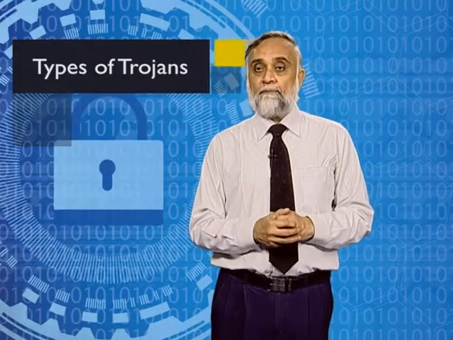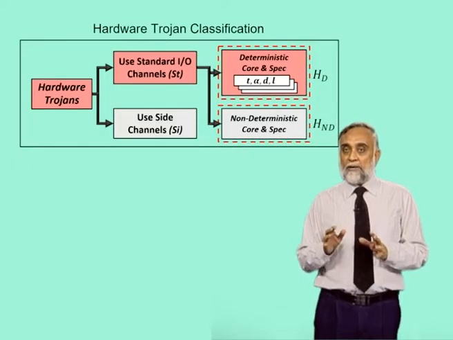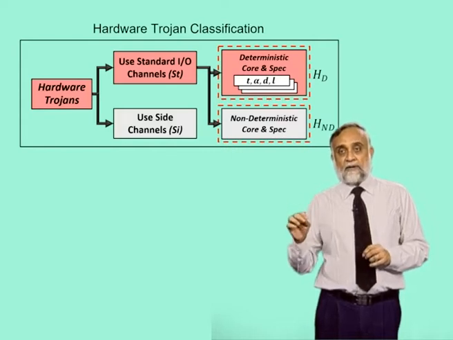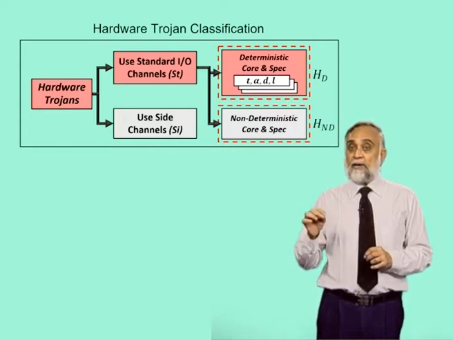Trojans. Trojan horse is a type of malware designed to be disguised as legitimate software. They are used by malicious elements such as hackers or crackers to gain access to the user's system. The types are hardware trojans. A hardware trojan is a malicious modification of the circuitry of an integrated circuit. A hardware trojan is completely characterized by its physical representation and its behavior characterization.